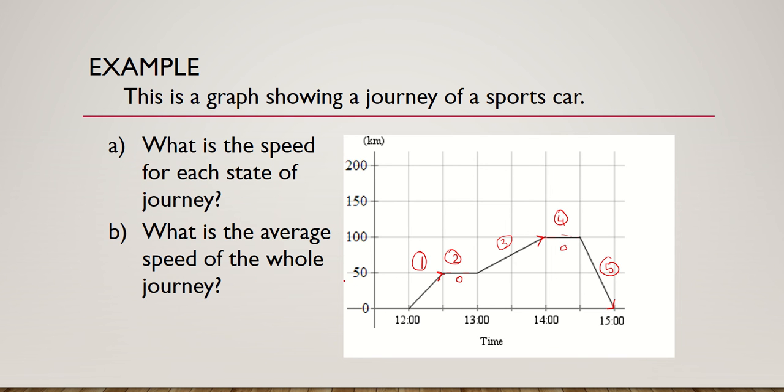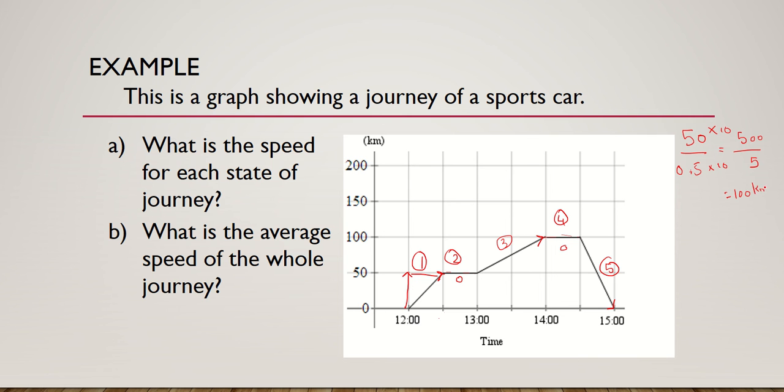Now we have to calculate the first state, 12 o'clock till 12:30, which means 30 minutes. So 30 minutes and the distance traveled is 50. So we can say 50 divided by 30 minutes. Now we cannot take the time in minutes, I have to take the time in hours. So 30 minutes is 0.5 hours, multiplied by 10 to remove the decimal. 500 divided by 5 is